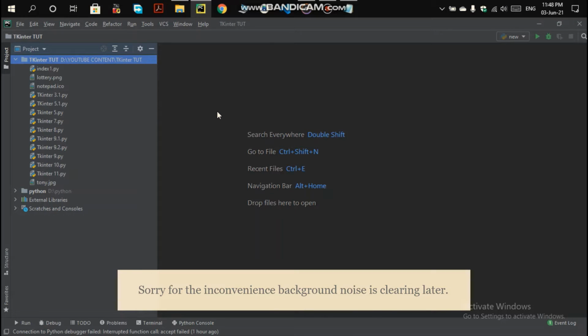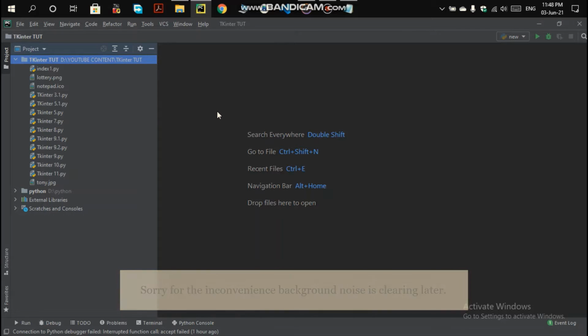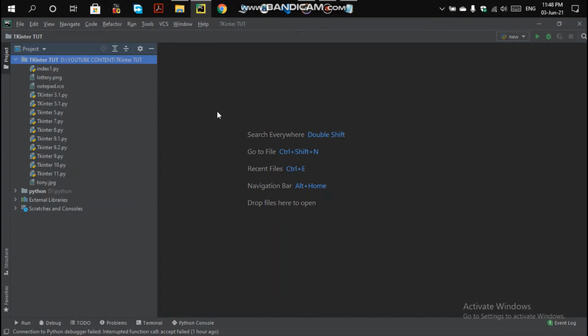Hello everyone, welcome back. In this tutorial series we are learning the Tkinter module of Python to make GUI applications. In this video we will be seeing about radio buttons and check buttons, how you can check your button and how you can make a radio type button in your application